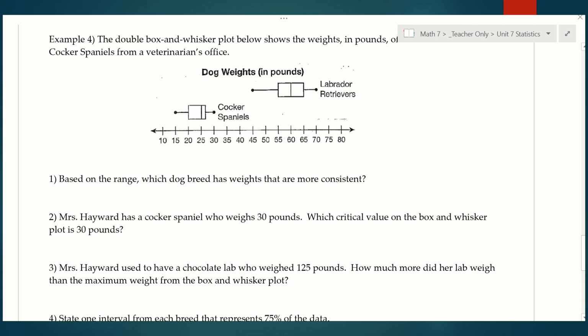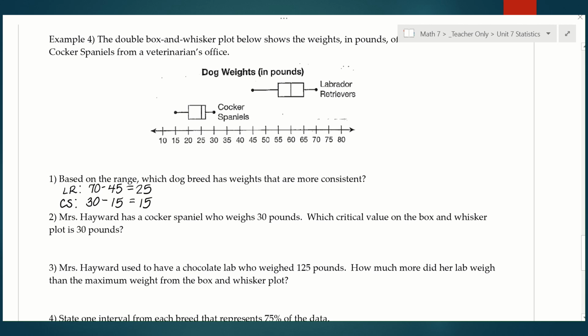Okay, so let's find the range for each. So I'm going to do Labrador Retrievers and Cocker Spaniels. So for the labs, it looks like 70 is my highest weight, 45 is my lowest, giving us a range of 25 for the labs. For Cocker Spaniels, it looks like the highest weight was 30 and the lowest weight was 15, and so that